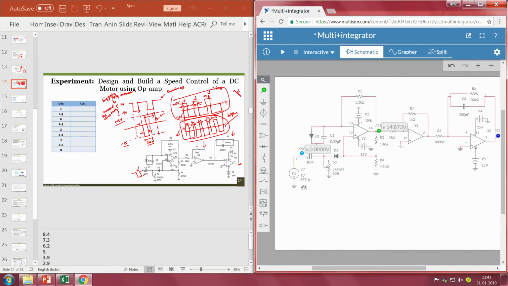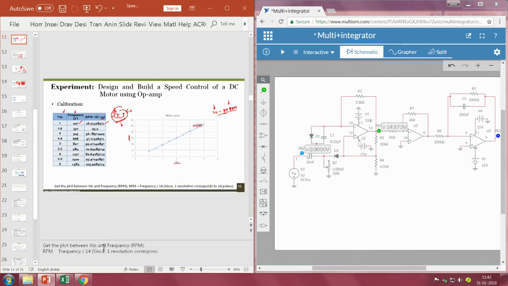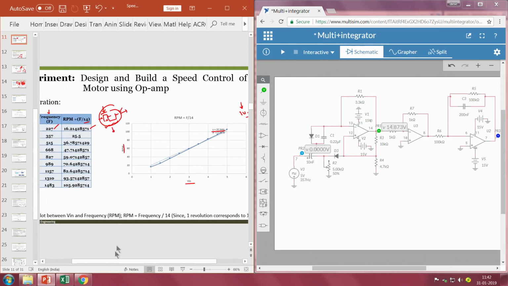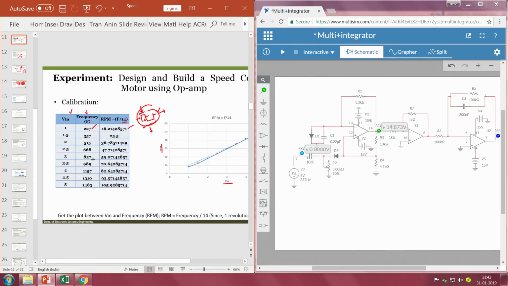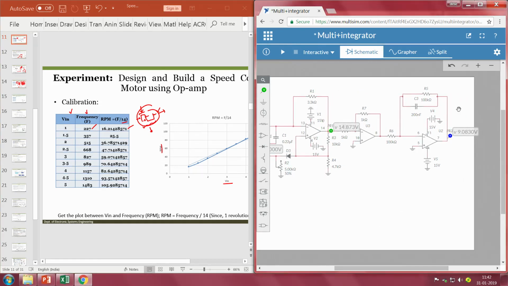Now, we will vary the frequency at this point. We have already noted different frequencies, the frequencies that we got from yesterday's experiment, from the previous experiment. These are the frequencies that we receive. We provide an input of these frequencies at this point, and we also observed the output voltages yesterday in the previous module. Now, we will see whether the output is linearly varying or not. We will do the simulation, note down the values, and then also experimentally verify whether we are getting a linearly variable output voltage or not.